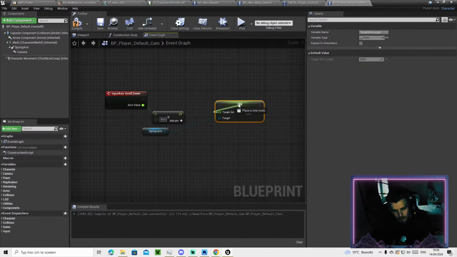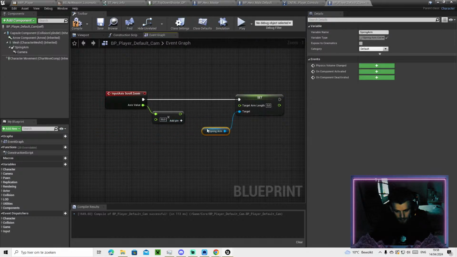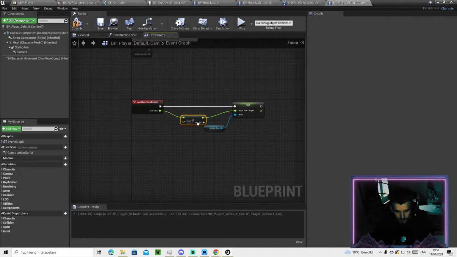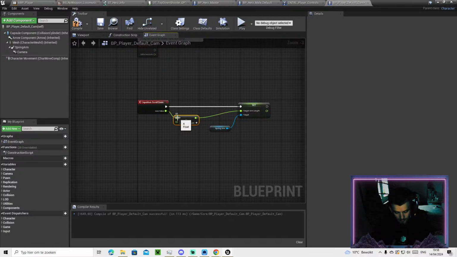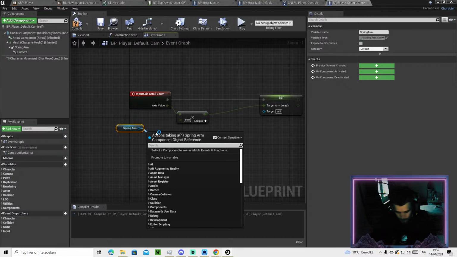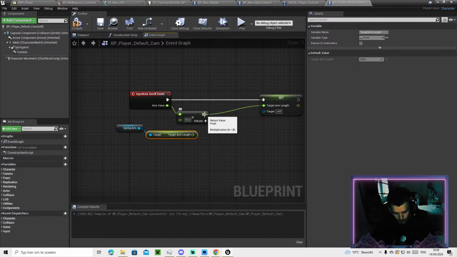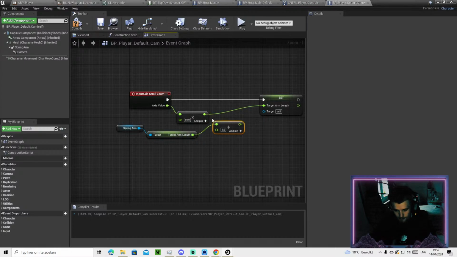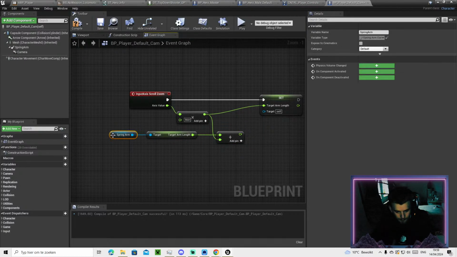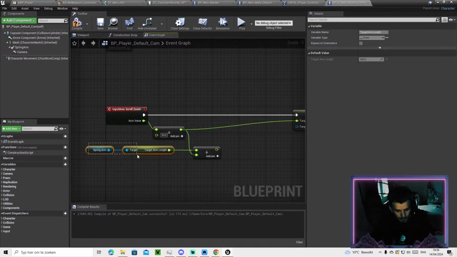Set target arm length, and we want to interpolate this from our current arm length. So we have this plus this, right? Now we need to grab the spring arm, get target arm length, and we want to be adding this value to it. So add this value, right? That's going to be our new value. And then we want to